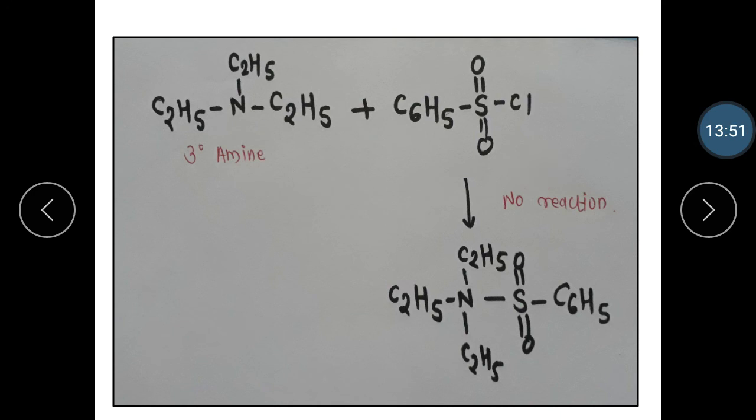Means when primary amine reacts with benzene sulfonyl chloride, a precipitate forms, and that is soluble in sodium hydroxide solution. Secondary amine reacts with benzene sulfonyl chloride to give a precipitate, and that is insoluble in sodium hydroxide solution. Tertiary amine does not react with